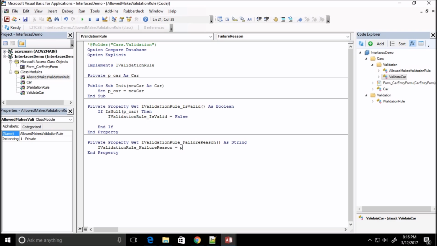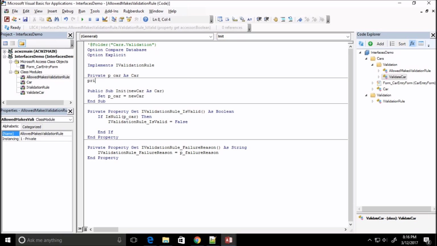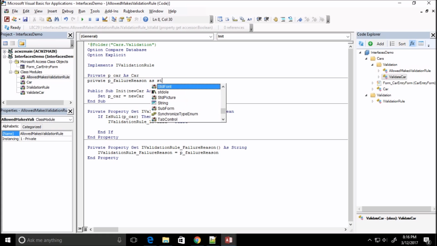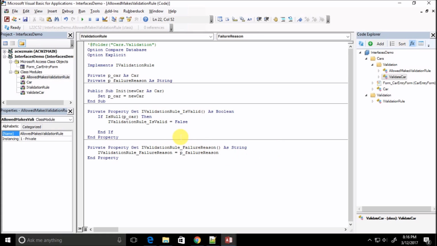So let's do that: private p_failure_reason as string. Okay. So now I could set that p_failure_reason equal to "no car set" or something like that,